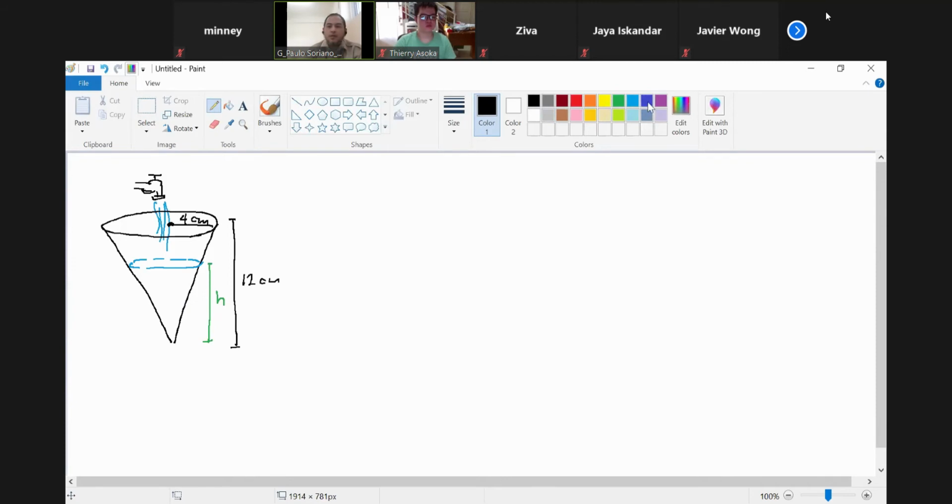Now, if the water is filling in at a rate of, let's say, 10 cubic centimeters per second, letter A, the question is to find the rate of change